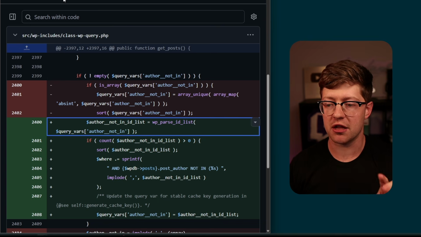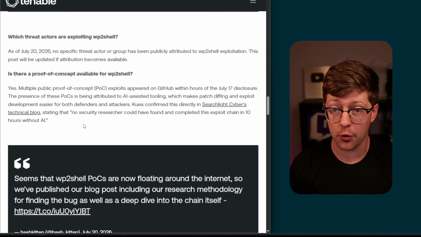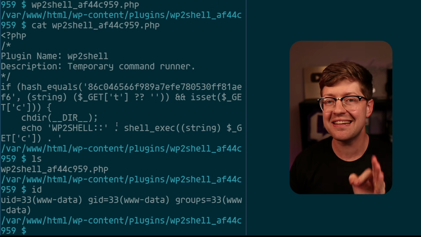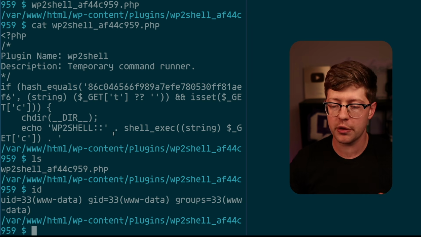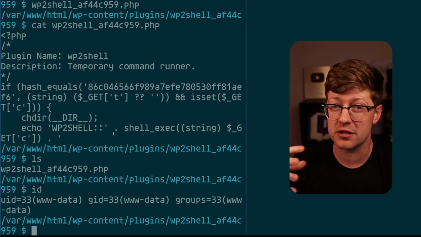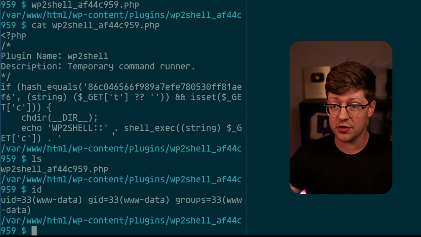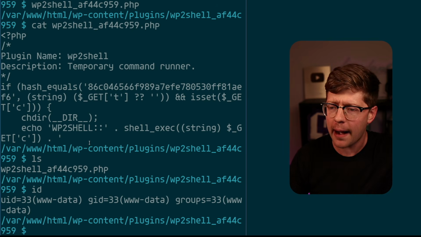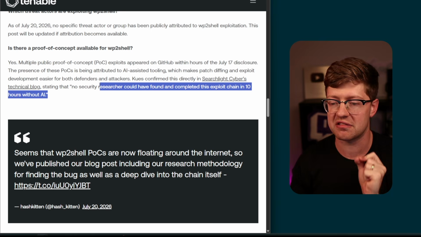But the ability to take these two disclosures, which came out, I believe, on July 16th, and then in 10 hours, a proof of concept came out that not only exploits it, but exploits it almost instantaneously. Again, don't forget, this is a blind SQL injection. A blind SQLi is historically one of those things that requires very precise timing. You have to be able to measure how much time the request takes, and if you want to make it really accurate, you have to increase those sleeps. So doing it like this, where you're able to poison the internal object cache, a method that I truly still don't get completely, is one of those things that, like Tenable says, only AI could have solved this problem